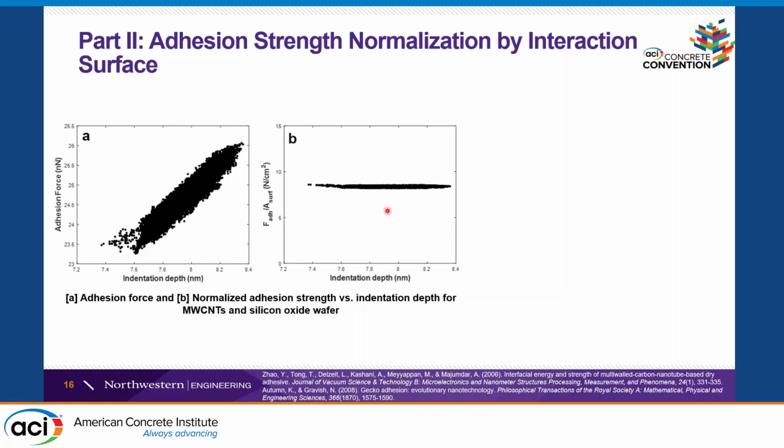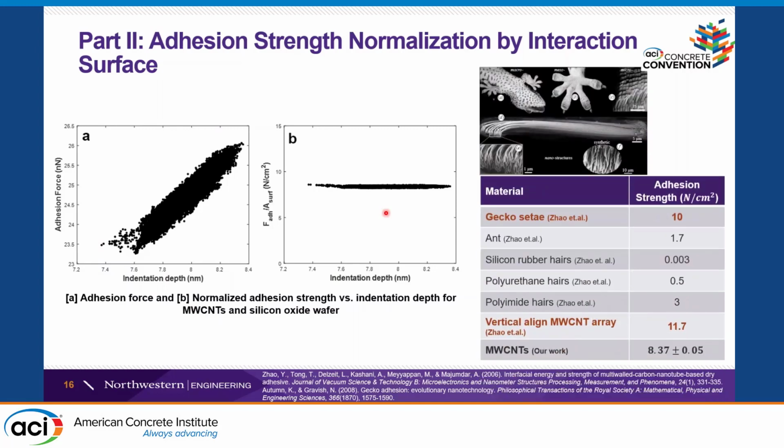And this gives you an adhesion strength of 8.37 between the CNT and the silicon wafer. And we compare it to our initial concept, which was gecko adhesion. The gecko adhesion is around 10 microNewtons per square micrometer, vertically aligned multi-wall carbon nanotubes 11.7, and our work 8.3. So they're in the